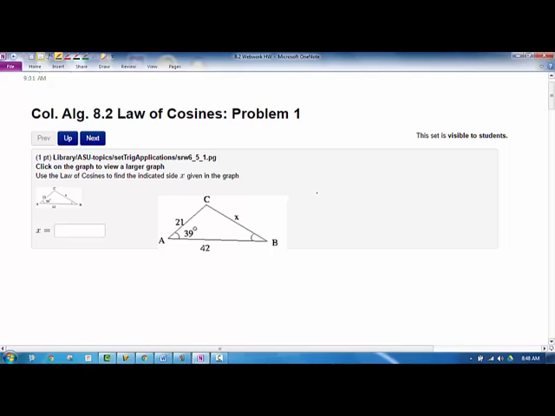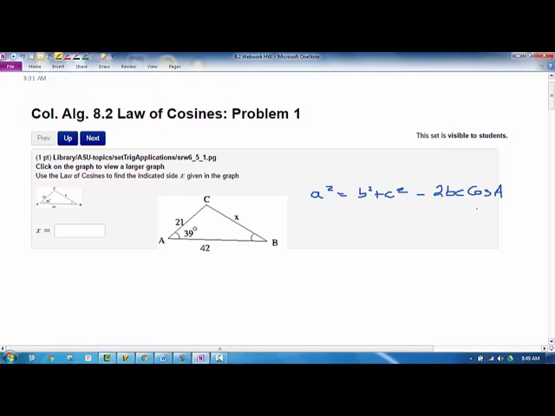Now I'm going to write the law of cosines like this. A squared equals b squared plus c squared minus 2bc cosine of angle A. You can write it however you want, but keep in mind that the side you're looking for, the angle opposite that goes here, and the other two sides go here, and here. So this is the way to write it in this case, because angle A is what I have, which is